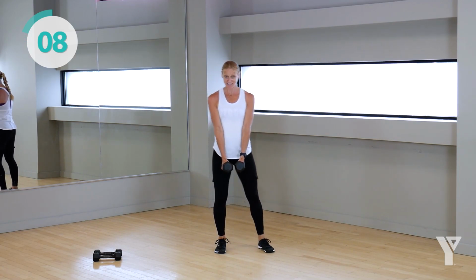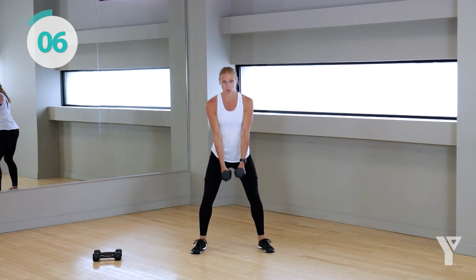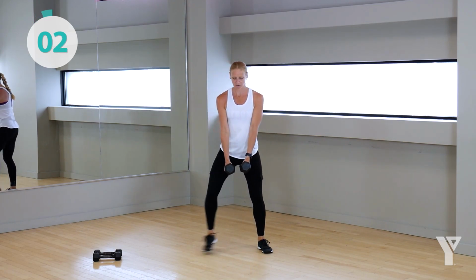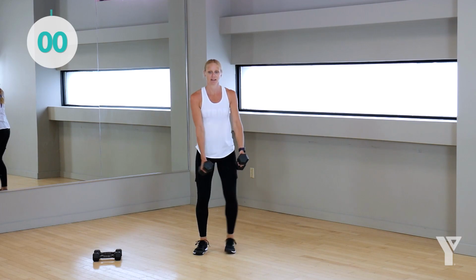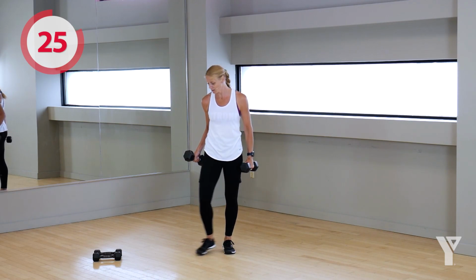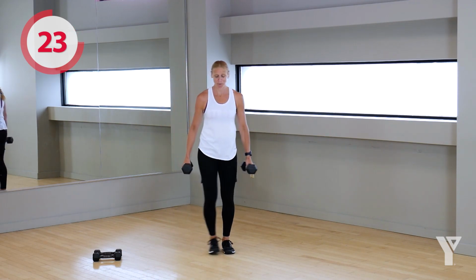Got about 10 seconds left. Slow down if you need to. Work through this entire interval. Good. Shake that out. You can keep these weights or go lighter, whichever works best for you, but we're going